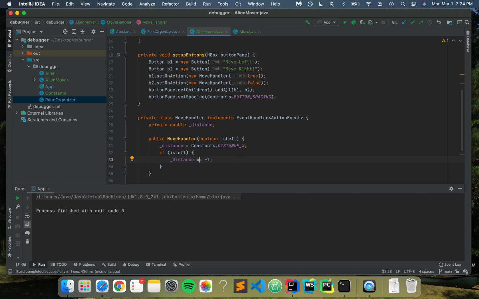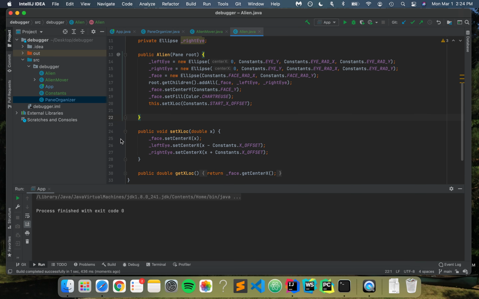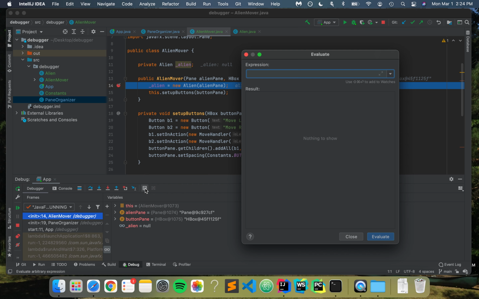So to do this, let's add a breakpoint in the alien's setXLocation method on the first line. And then let's run in debug mode. So the first extra feature is the Debugger Evaluator. The main Debugger Console here gives us a ton of information, but sometimes you still may want more. If we click this calculator icon, it opens the IntelliJ Debugger Evaluator, where we can type and enter any expression